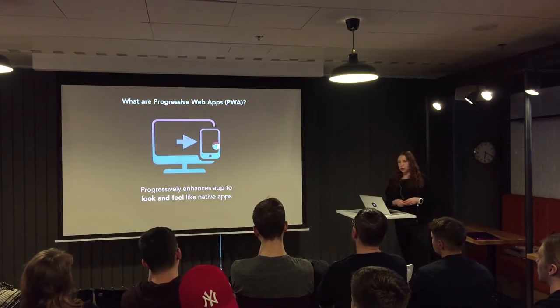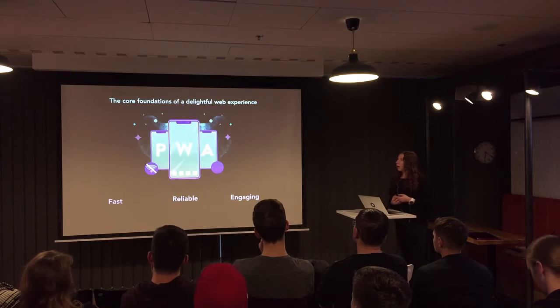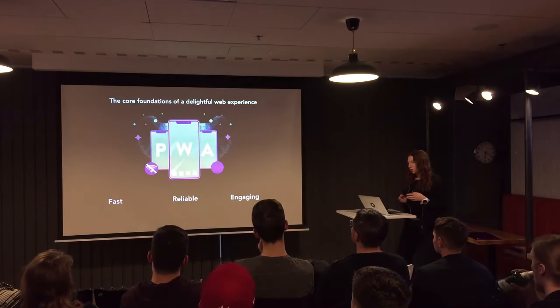I want you to remember three main features of progressive web apps. Progressive apps are fast, reliable, and engaging. Fast means that we try to get content to your user as soon as possible, on any resource. And we apply the application shell model to progressive web apps. So you can cache some files and return the first screen content to your user as soon as possible. These apps are reliable, so you can use them offline and under unstable network conditions. And it's possible thanks to a mechanism called service worker. I'll tell you more about service workers on the next slides.